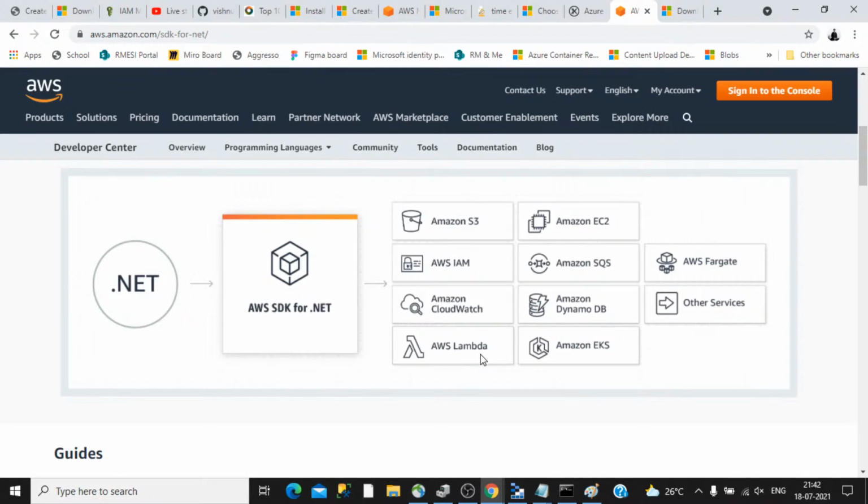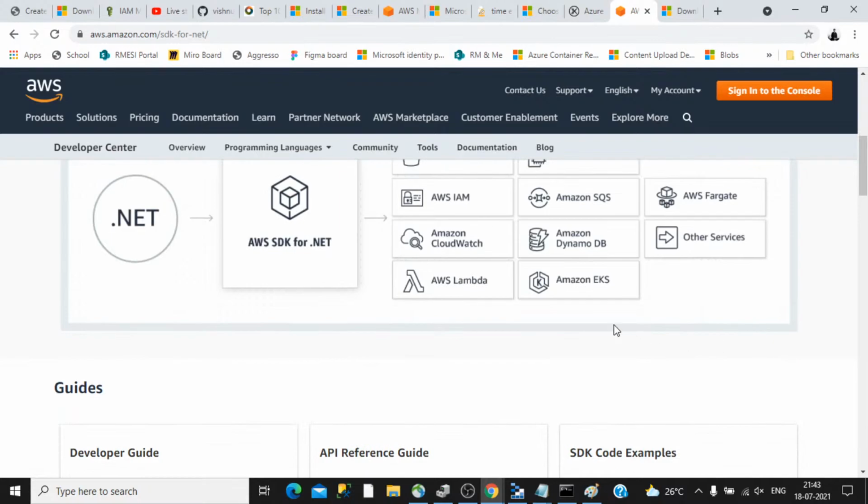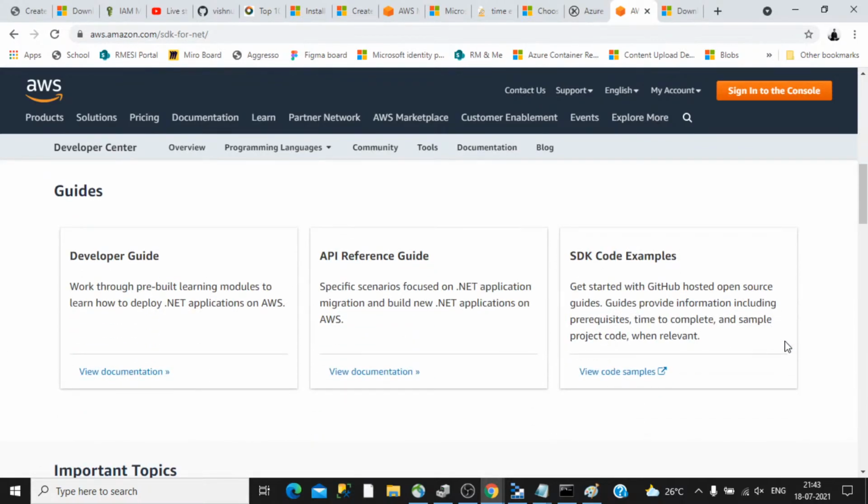The equivalent of this in Azure is called Azure Functions. In this session itself, I want to say a few details about AWS Lambda and how it differs from Azure, so we will be discussing that as we go through the session. Then the elastic compute service, EC2, those are virtual machines. If you want your application to interact with some virtual machine, you can do that. Similarly, DynamoDB and Amazon EKS, that is the key management store, can be connected. There is a list of other services, and some of the main ones are highlighted here.